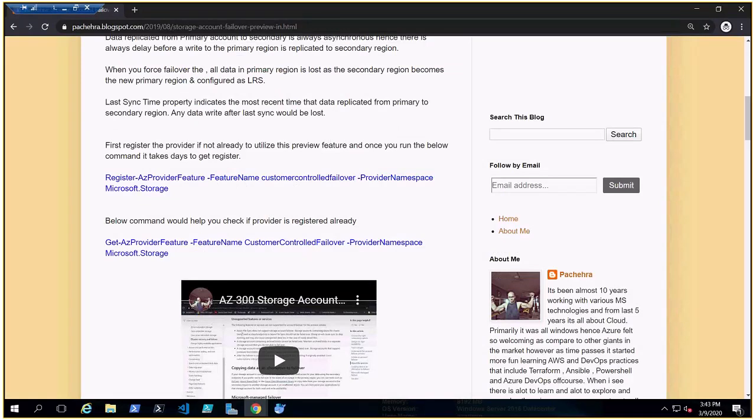So the provider either gets updated or a new one is introduced, and then that feature comes into preview, private preview, then public preview. Then once everything is fine, it may take months, and then it will come to GA,